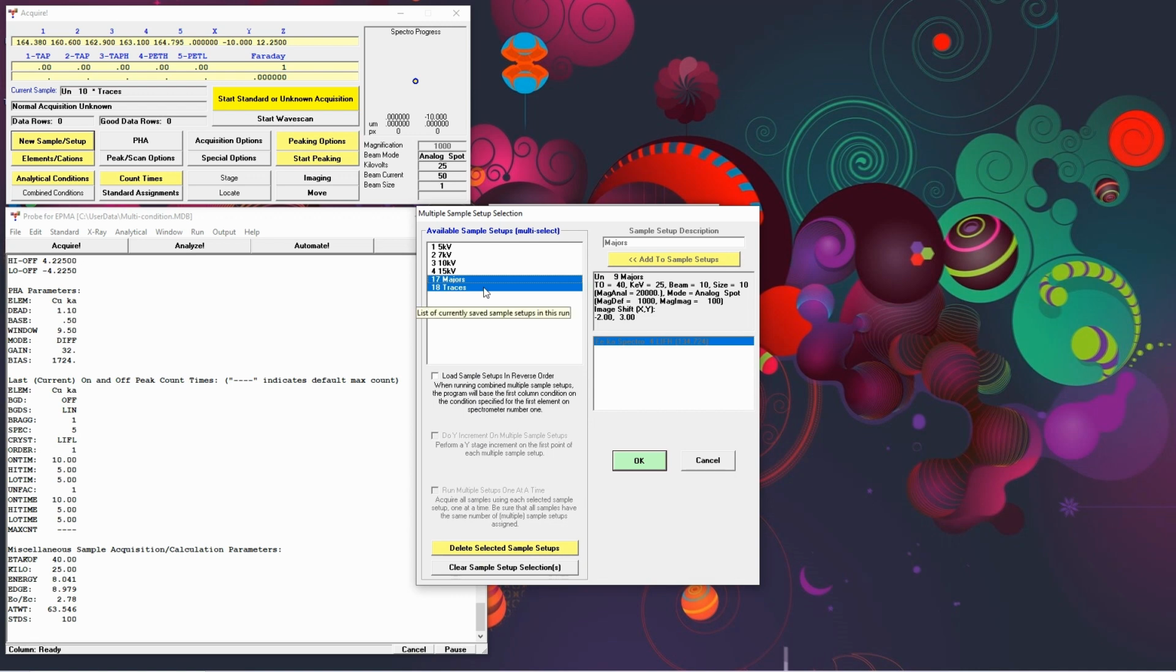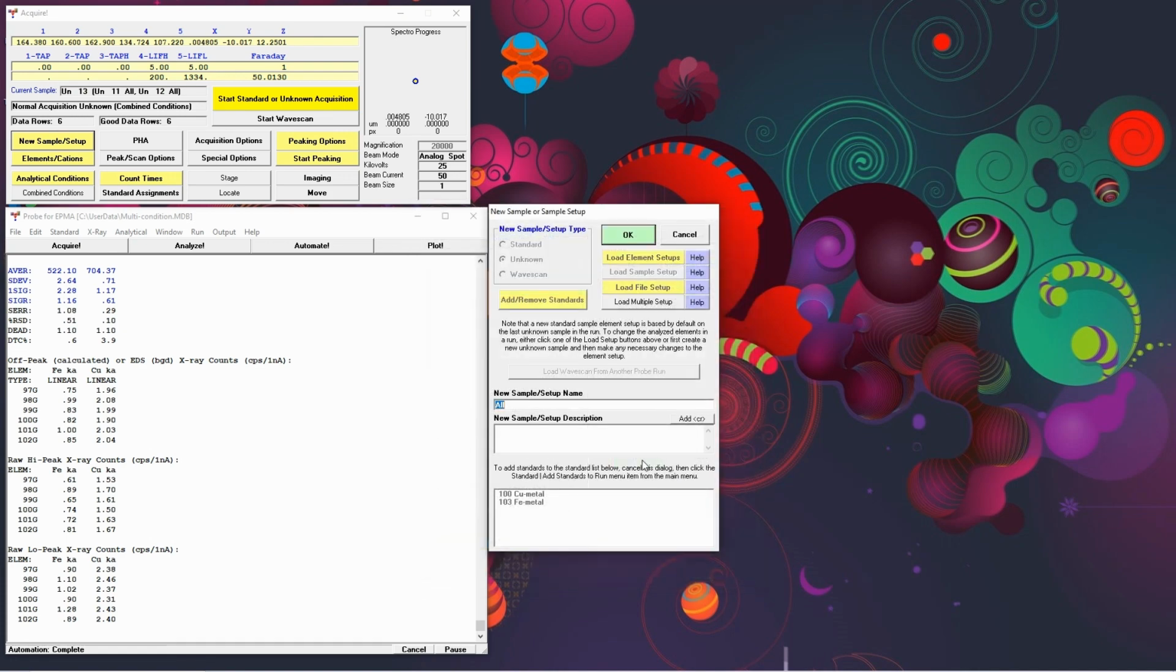Now the reason for this is when we set up using this method, each sample is going to have both the majors and the traces. So when we run multiple acquisition points, it'll run both conditions at the first analysis point, and then it'll go to the second analysis point and run both conditions. If we click OK there and OK there,